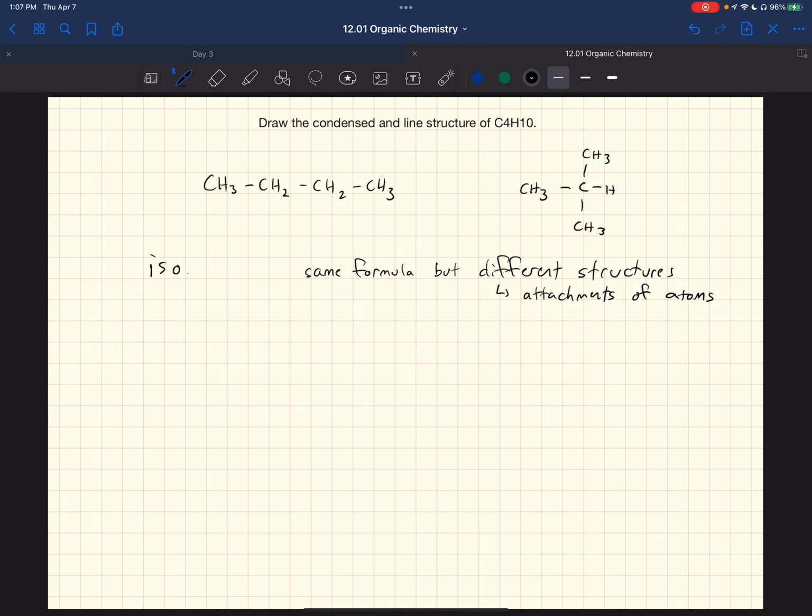Okay, these are what are called isomers. And these two are examples of structural isomers. Next time we're going to talk about a different kind of isomers, but this is different groupings